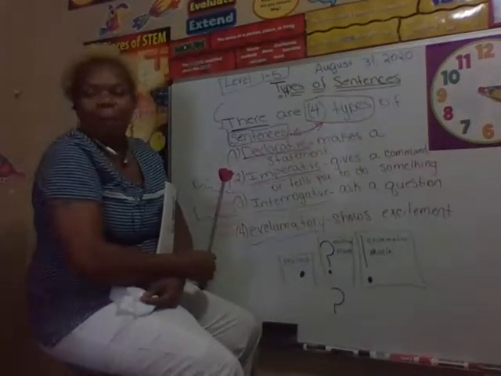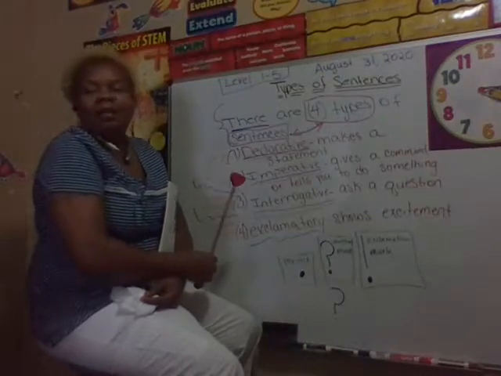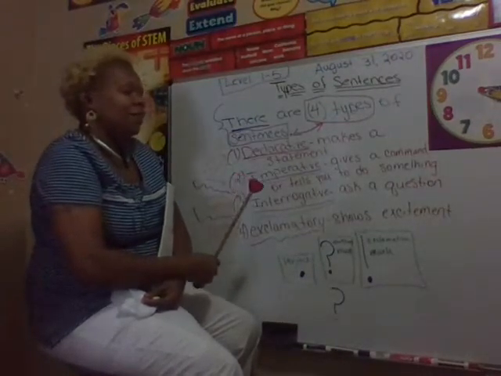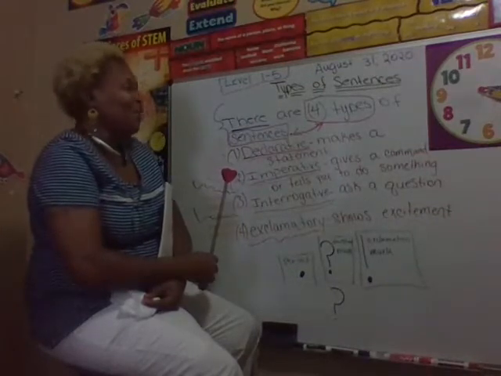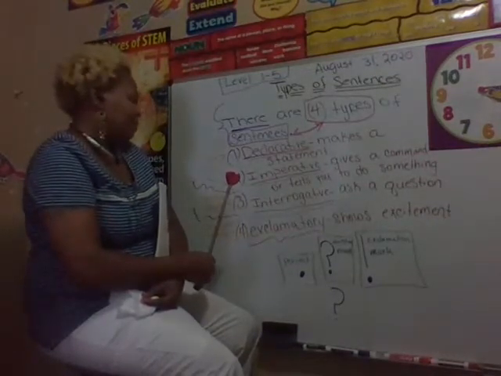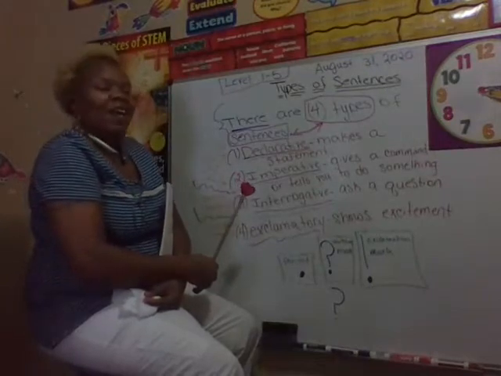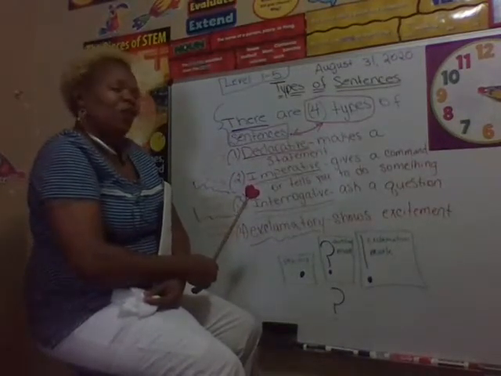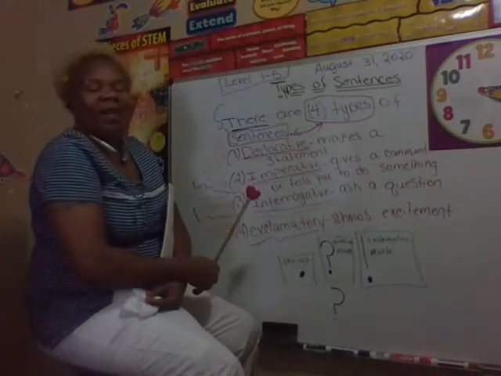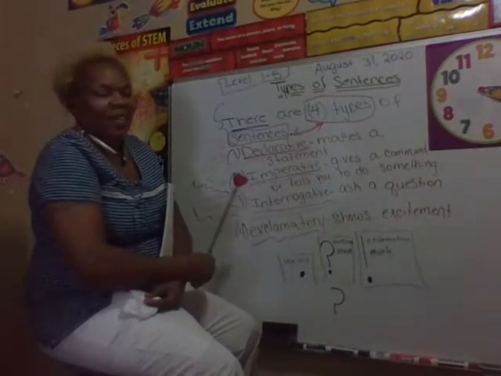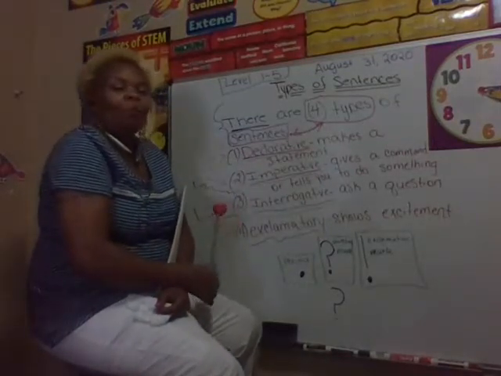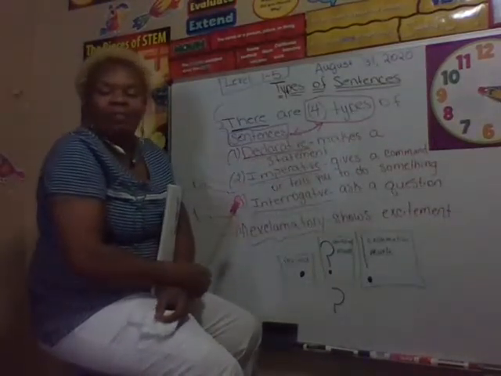Are we ready? Yes. Declarative makes a statement, ends with a period. Imperative gives a command, ends with a period. Interrogative asks a question, ends with a question mark. Exclamatory shows excitement, ends with an exclamation mark. See, it's easier to see if you're learning it when you can close your eyes and just imagine